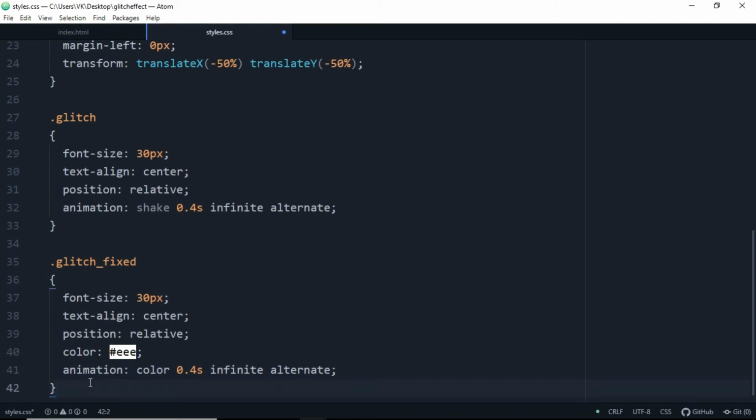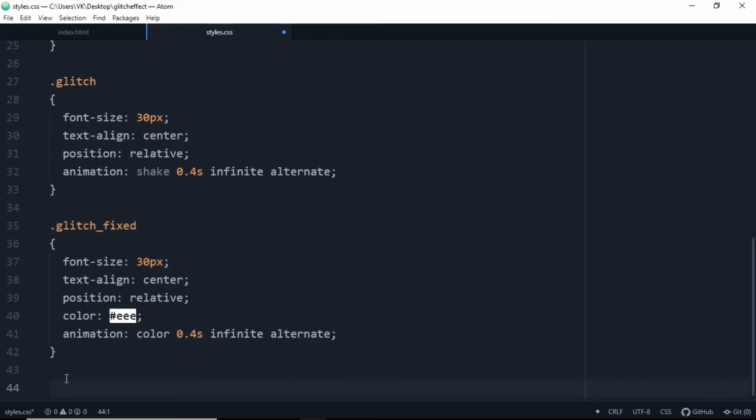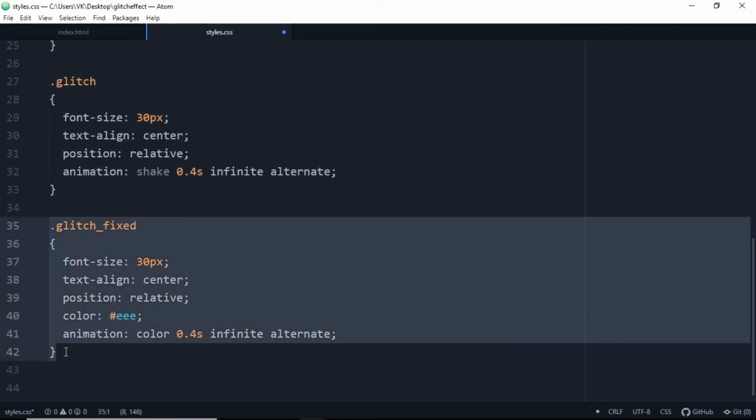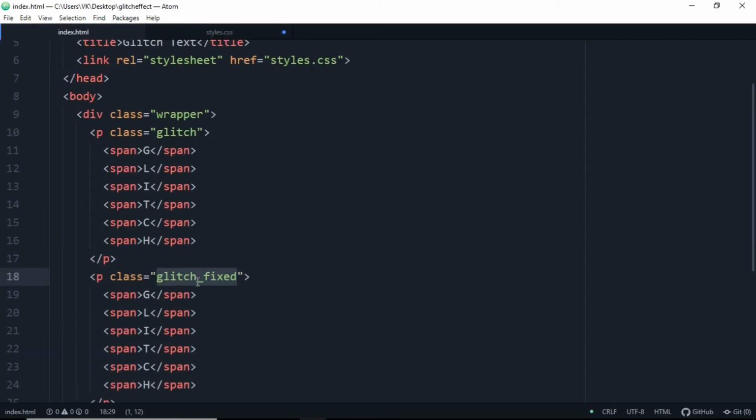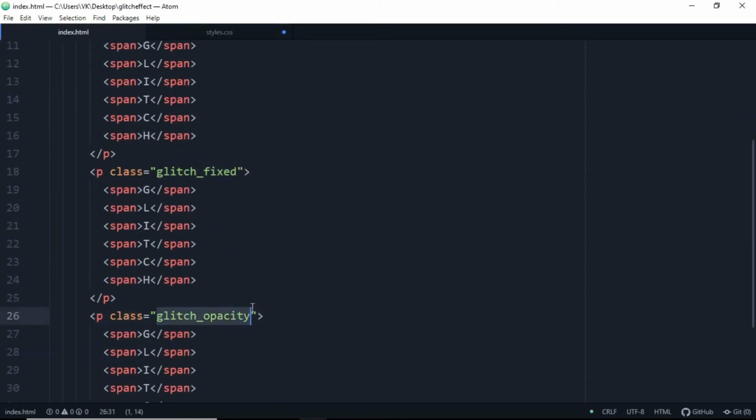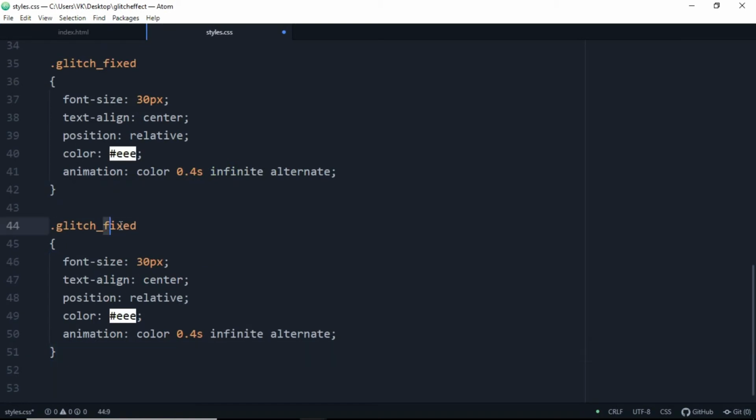Now hit enter and another thing we're gonna target is, okay, just copy this, paste it here and make it glitch underscore opacity. So we're gonna target this para tag, make it glitch underscore opacity. Alright, and that's fine I think. Also make sure you save all your files in between.